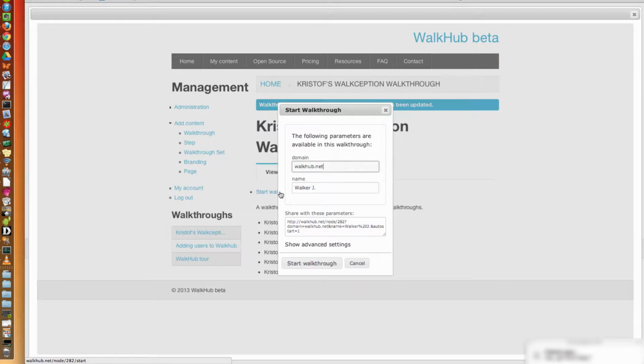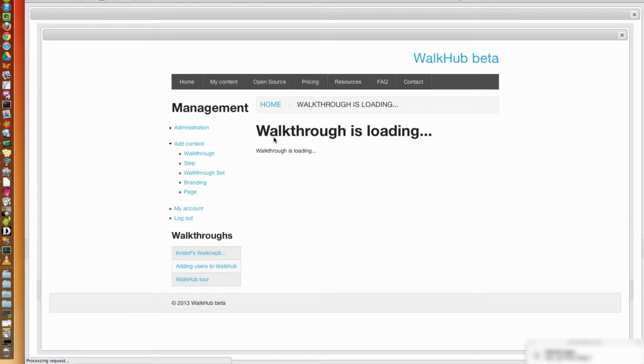And now when I play this walkthrough, it asks me what domain I want to do it on. This is a parameter that we automatically extract from the walkthrough. And it also asks me the name that I want to use. And I can change it to a Walker K. And when I start it,